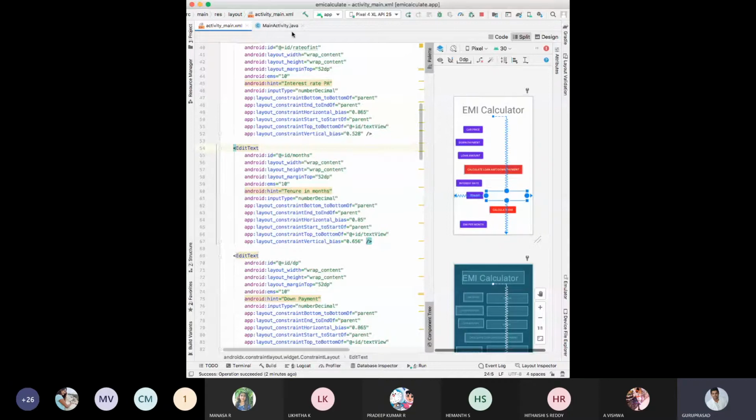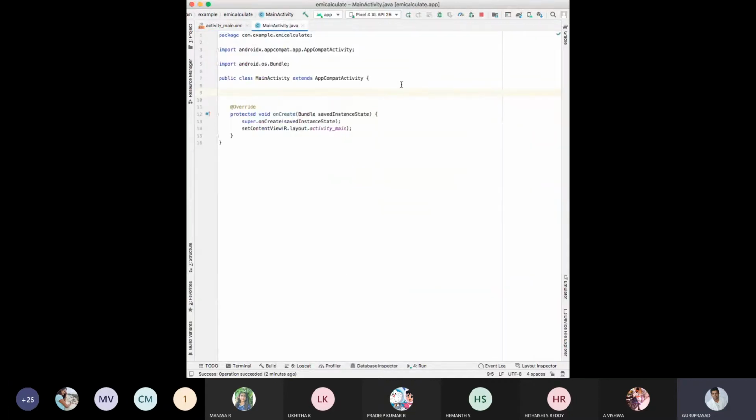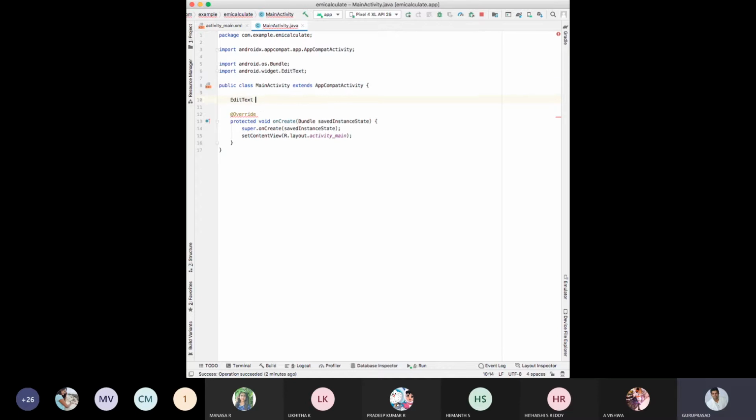Correct. Now we'll do this. Edit text. What are the things you have? On road price I have, down payment I have, interest rate, tenure, then loan amount.